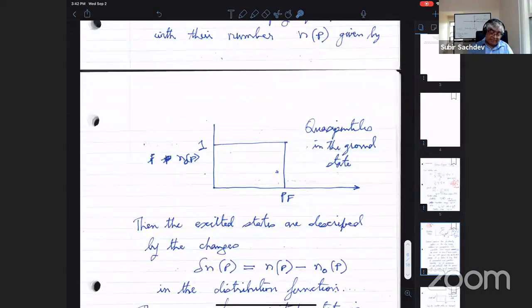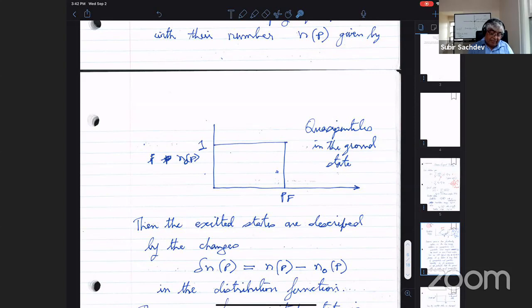given by this function. It's a step function. We call this the n0 of p. So this function goes like this, and it has a discontinuity at pF, 1, 0. We just postulate that we think of the ground state as quasi-particles with this distribution. Now, of course, this is exactly true in the free electron picture, and it's not really true in the actual many electron picture. But this is just a bookkeeping trick to avoid all these absolute values.